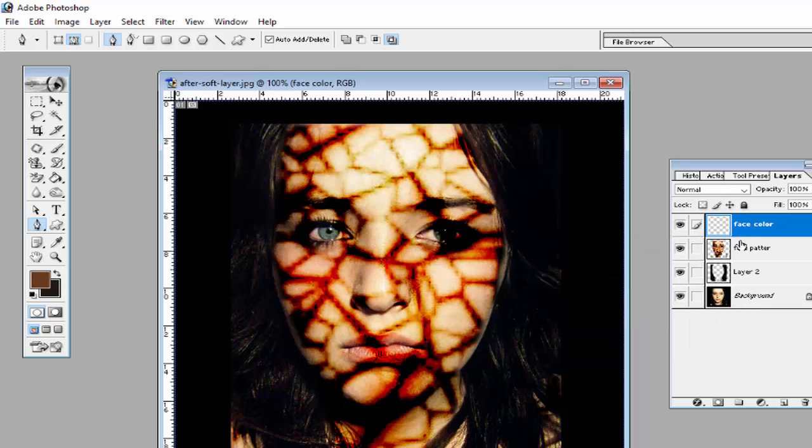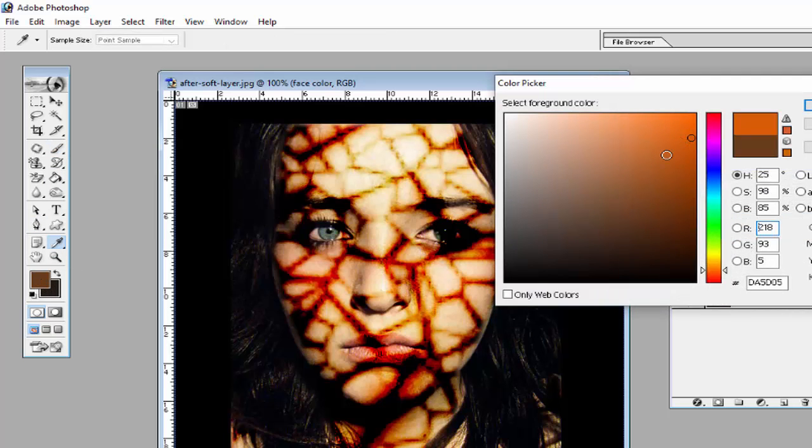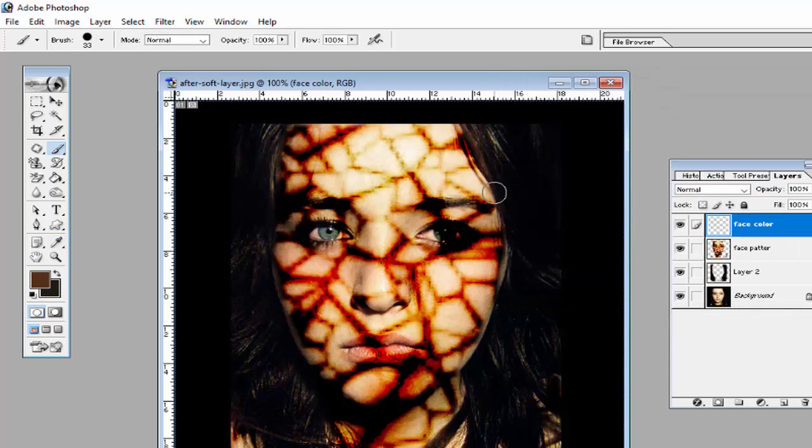that the blank layer is here, and now use the brush tool and select the color from here, dark brown color, and then click OK and use this brown color like this, and give the overlay option from here like this and fill the color in this part of the face. You can fill the color like this to make the image more horrible. So you can make this image like this. I think you understand how to create this image.